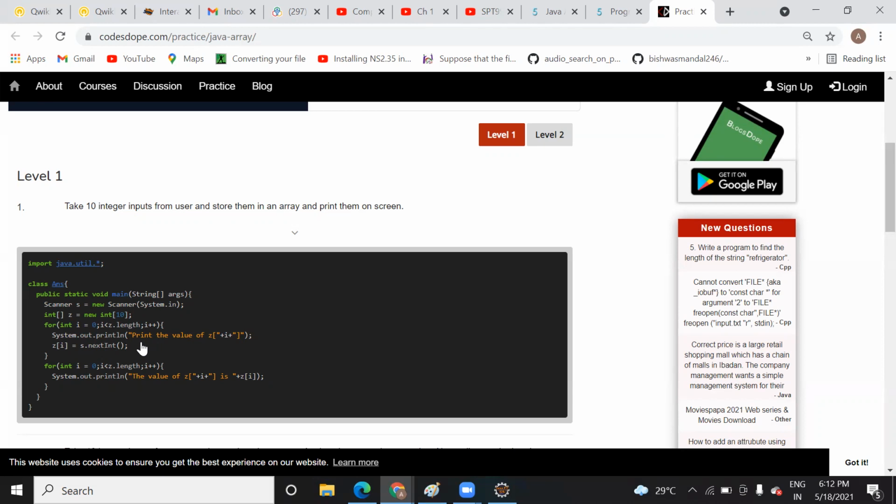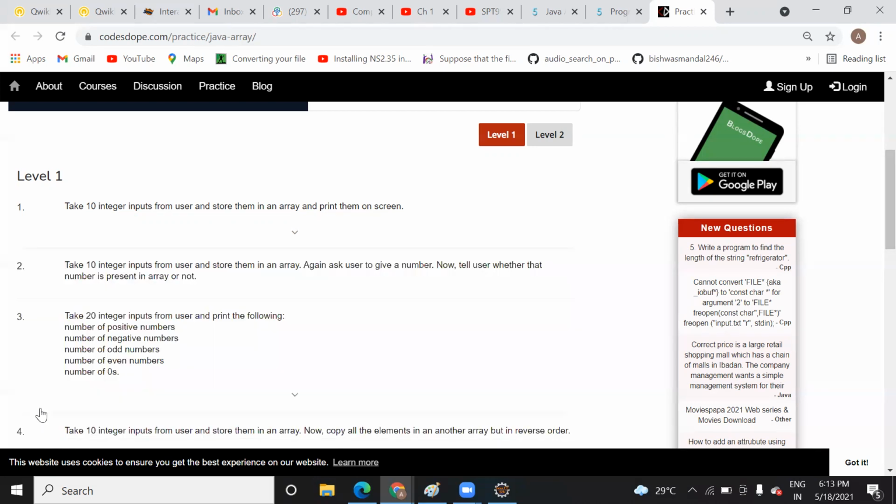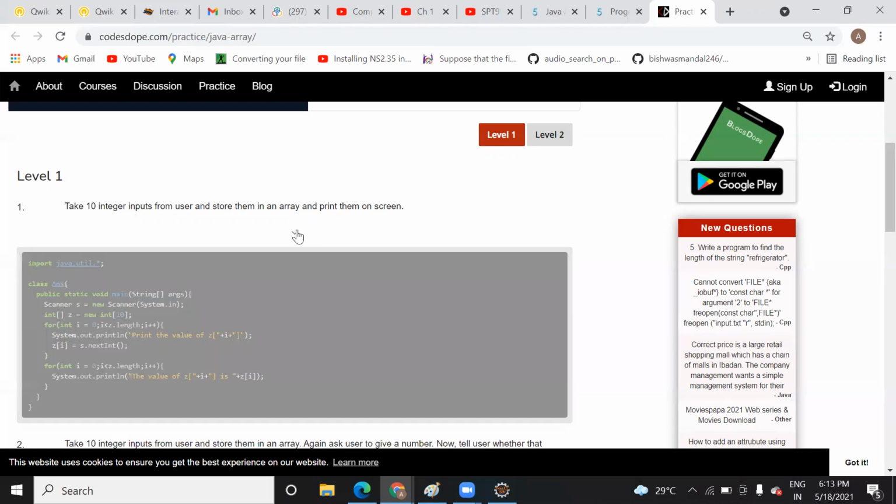It will just write that you are reading the z index 0 value, and then you are going to read the integer value. This for loop is for reading the value, and the next for loop is for printing the value. So whatever you write inside the double quotes will print as it is, and whatever you write outside will be printed in that way. So is it clear to you?